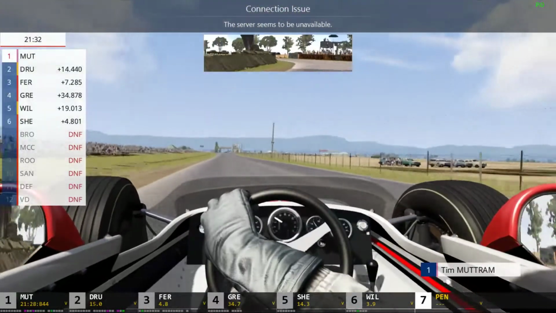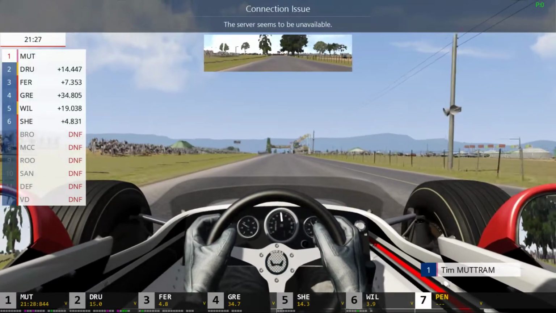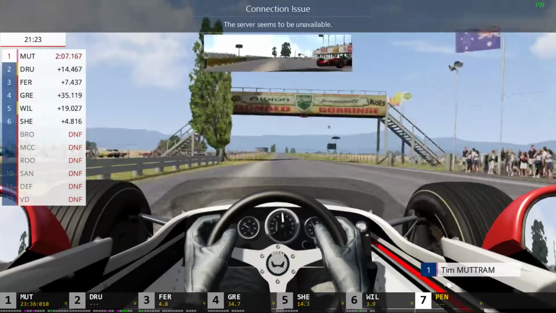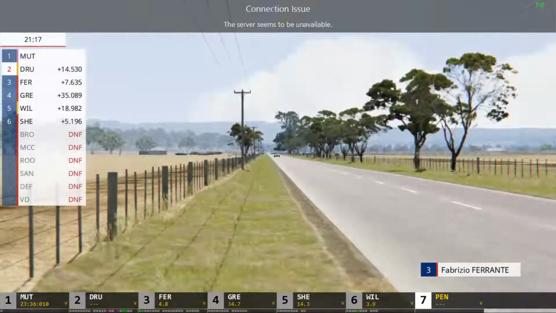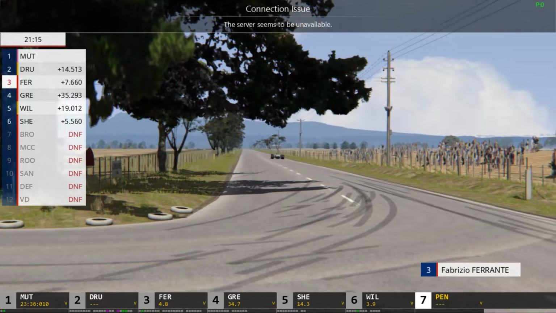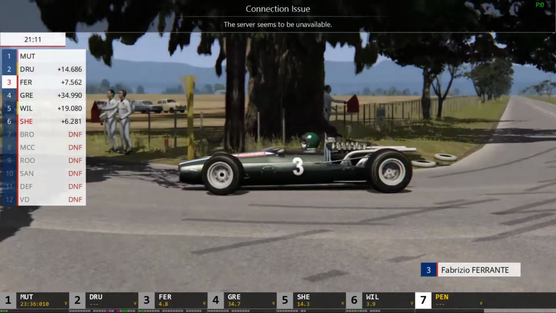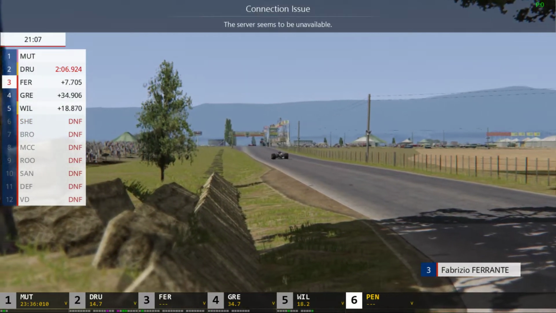Tim Muttram won't be disappointed, though, so long as it stays this way. He's currently leading this race by 14.5 seconds. Completes another lap. That's quick. Let's have a look back to Fabrizio Ferrante running in 3rd place in the Cooper. In fact, one thing I've noticed is that the top 4 cars in this race...